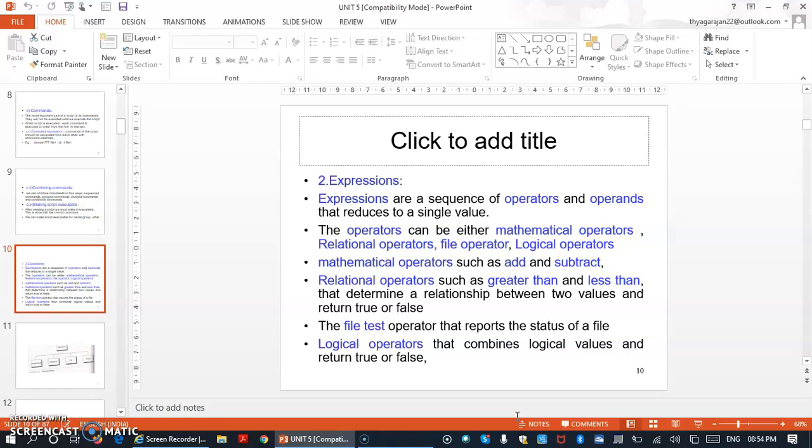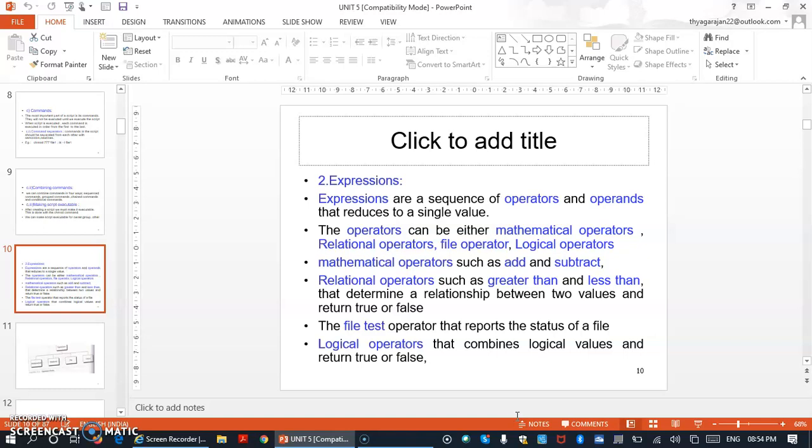The relational operators are less than, greater than, less than or equal to, greater than or equal to. They are meant for determining the relationship between the two values in order to judge whether it is true or false.